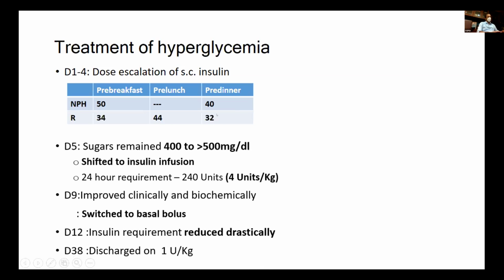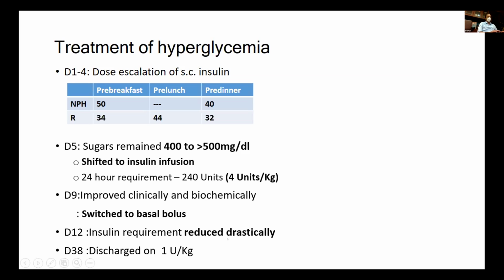So even with this much insulin, the blood sugar remained high. That is an indication for initiation of insulin infusion. When the patient improved, we again switched back to basal bolus, and when the patient clinically improved, the insulin